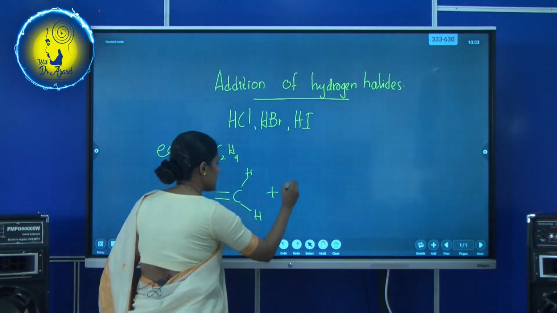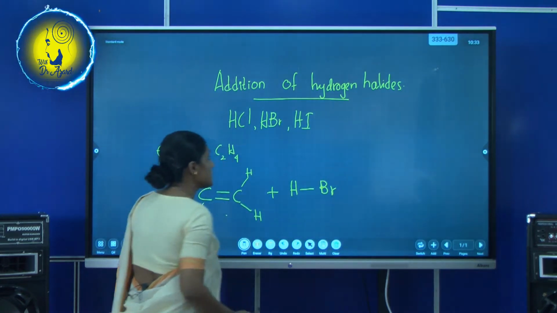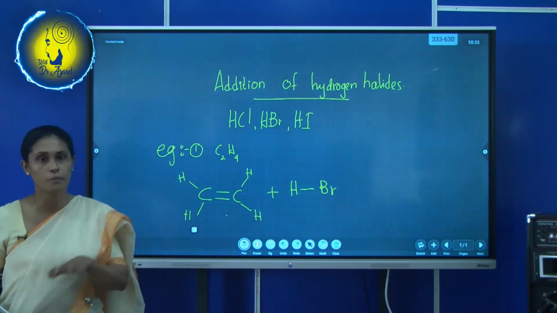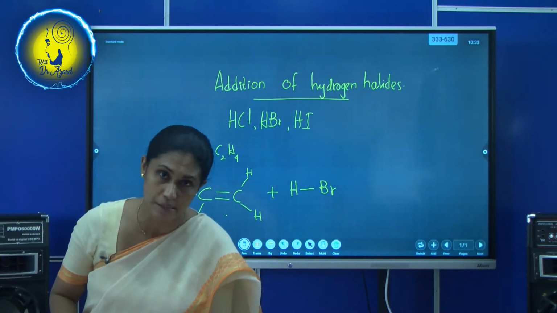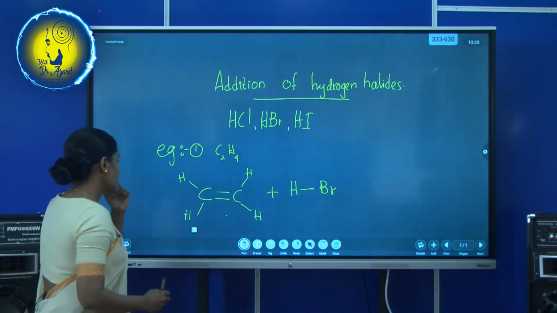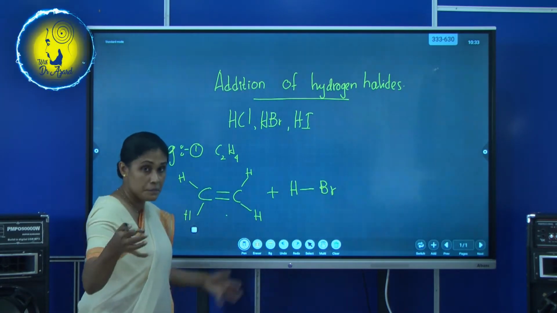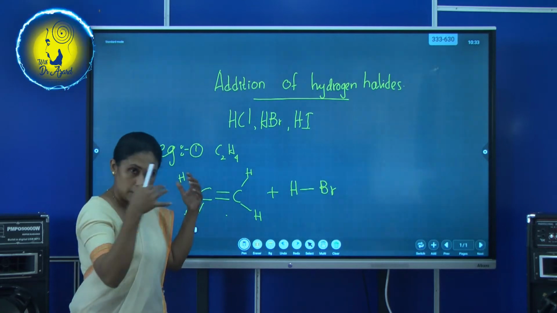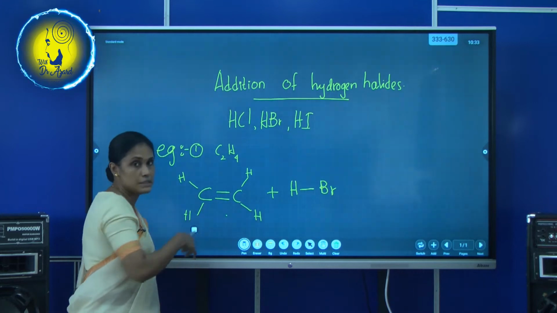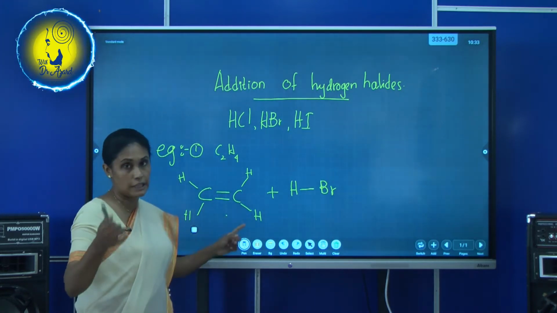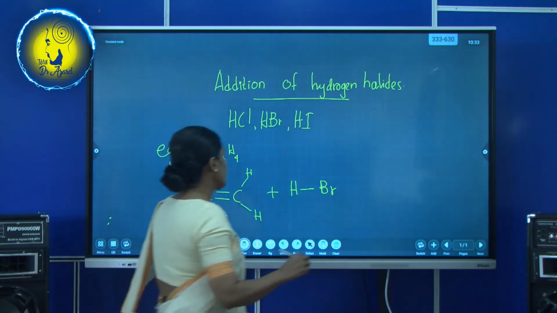What I'm going to do is I'll take hydrogen bromide. I'll show the bonding too. You will ask, teacher, why can't we take HCl, HI? No problem, you can take them, but I use hydrogen bromide because it is in your syllabus, right? So you know this area is known as the electrophile because it can drag electrons to itself, towards this carbon-carbon double bond, right? That's why we call it electrophile. In our first video, I have shared it with you, right? Then let's see what will happen.